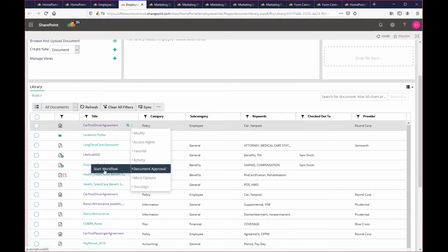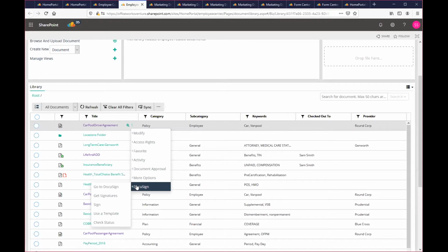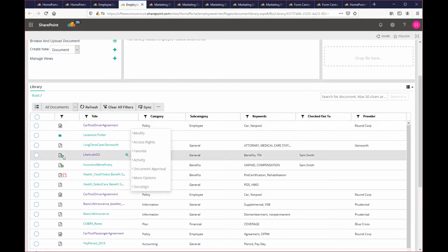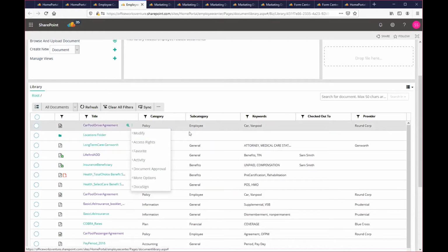You can start a workflow. It goes through the people, and people one by one approve the document. You have more options like normal move, copy, and stuff like that. You can download. We have integrated with some tools like DocuSign, PDF, and here you can see one of